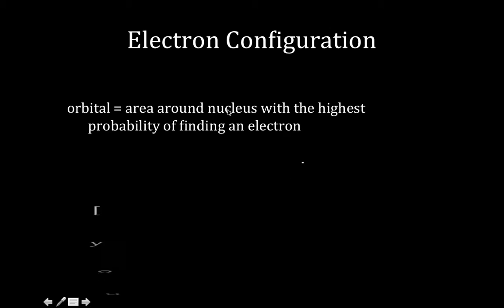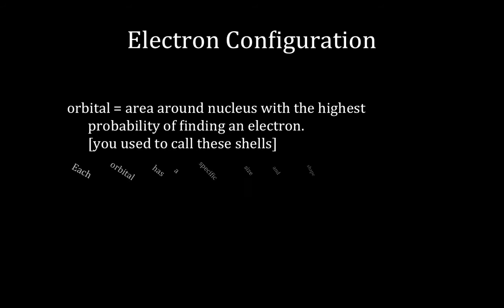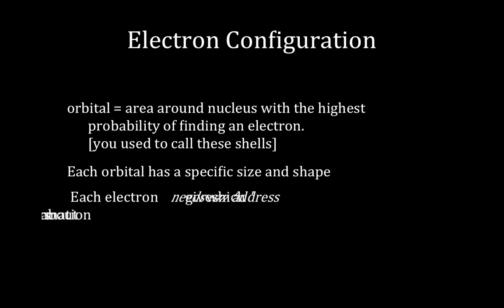Before we get there, orbitals are the area around the nucleus where we're most likely to find the electron, and we're not going to find the electron in the nucleus. So you used to call these things shells, but we have orbitals and we have suborbitals. Every orbital has a specific size and shape,